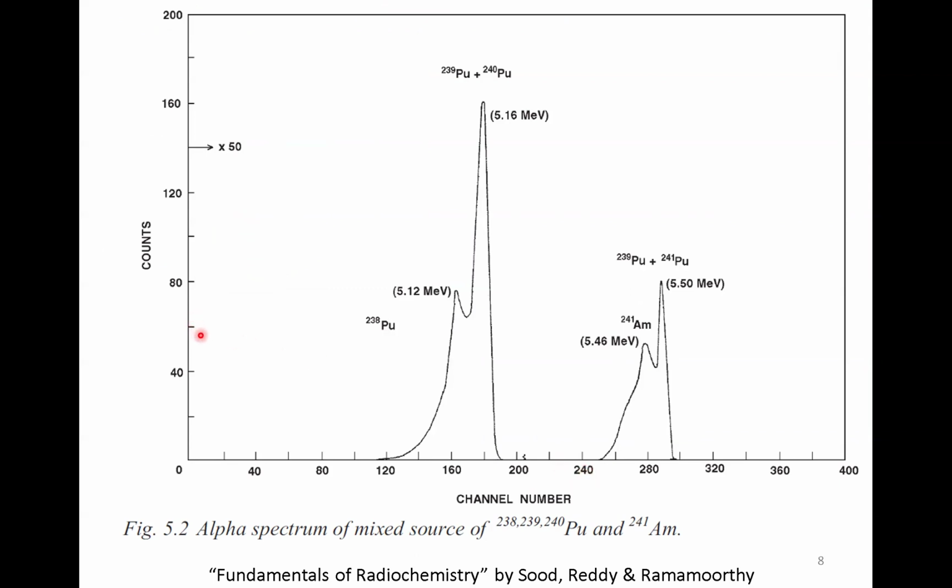So how is this measured? There is something called a multi-channel analyzer. At different channels, the alpha particle of different energy is measured. The y-axis corresponds to intensity, and the x-axis corresponds to different energy. So what do you see? The alpha energy spectrum is a discrete spectrum. Why is this going to be important?